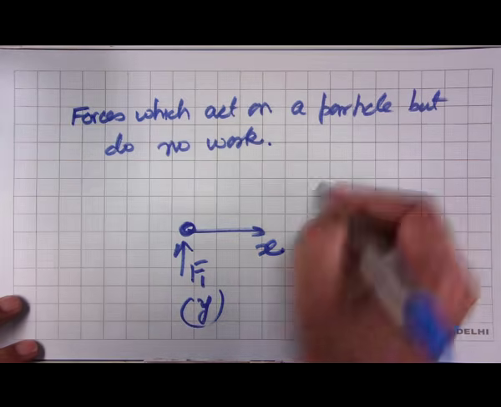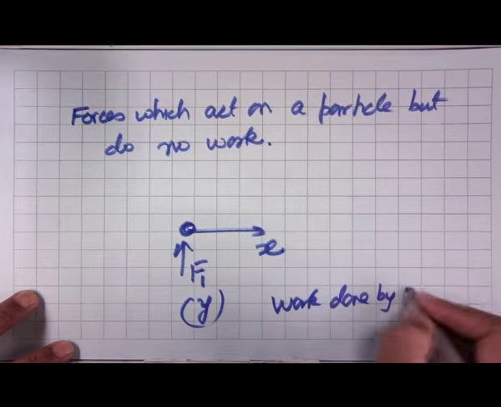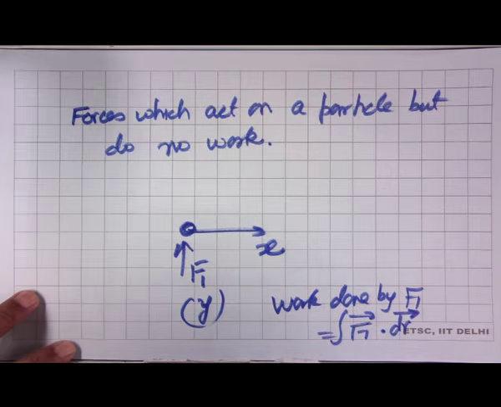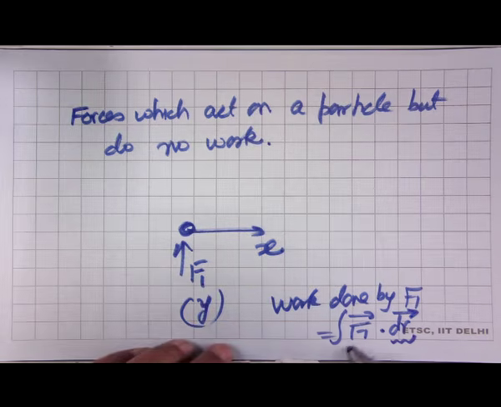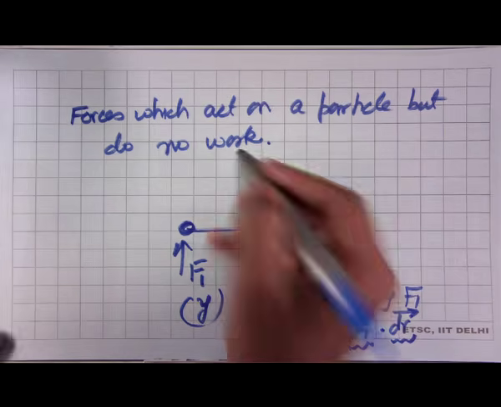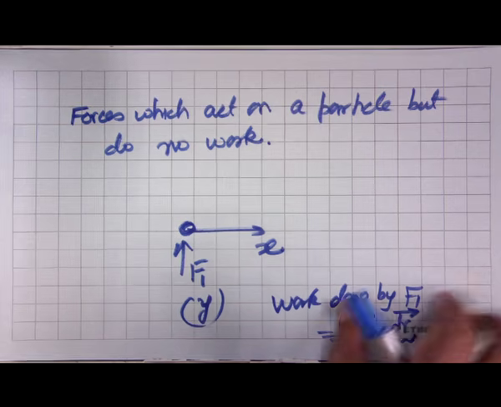Now, the work done by F1 will be equal to the integral of F1 vector dotted with dr, and because dr is in the i direction and F1 is in the j direction, F dot dr will be equal to 0, and that is what we mean when we say that certain forces do not do any work, and therefore, when we use the work energy theorem,